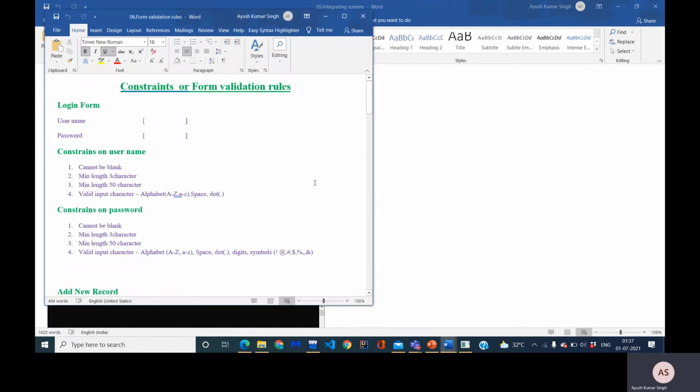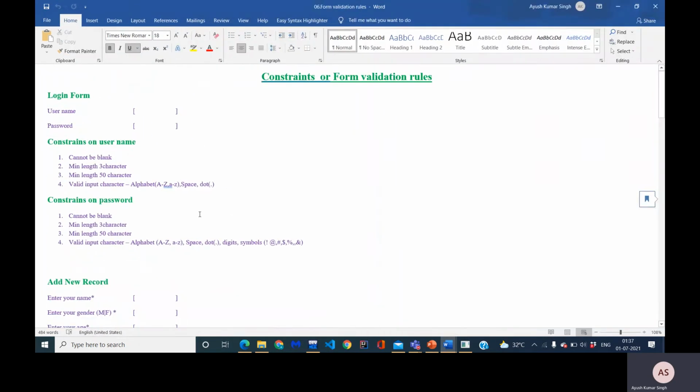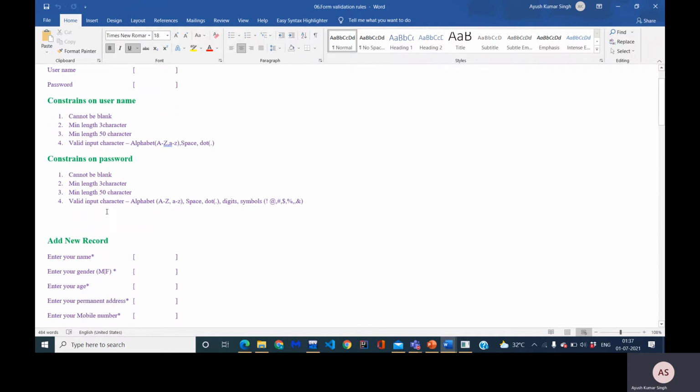Now the form validation Word document comes. Here are the constraints which are to be in the written code. If the admin enters wrong details or if the admin enters a phone number which is less than 10 digits, then there are constraints defined here.